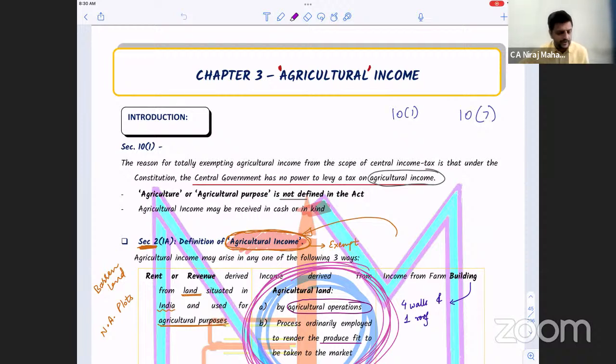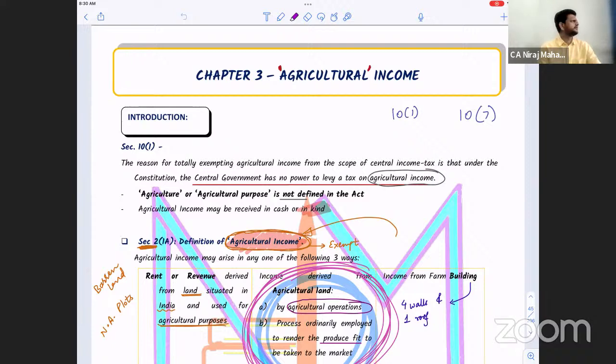And very important thing, what we understood yesterday was that the activity of agricultural growing of these plants and creepers, etc., flowers need not be on land, need not always be on land. Clearly, even that is considered as agricultural income. So basically, all these 4 incomes will be what? Not to be taxed. Clear?